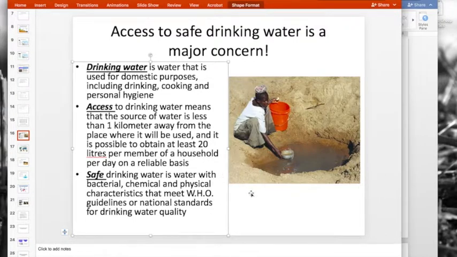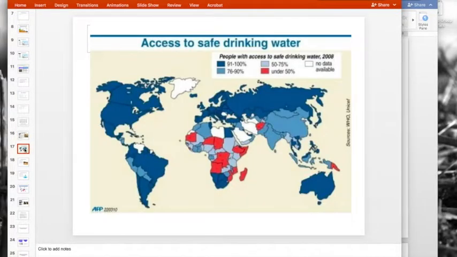If we have a look at the water in the picture, it's not clear. If you look inside of the bowl that's been used to collect, you can see it has that yellowish, brownish hue to it. It's not necessarily bacteria. It's not necessarily chemicals. It could just be little floating bits of soil. But the World Health Organization sets out its own physical standards for how that water needs to look and appear and behave.